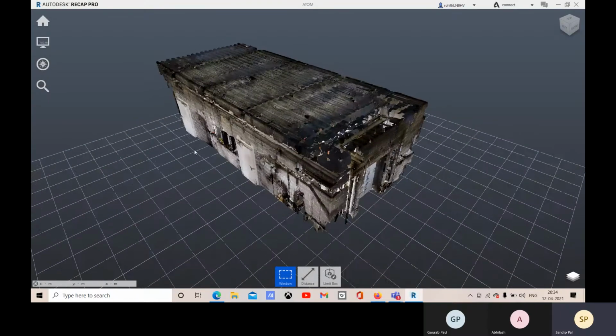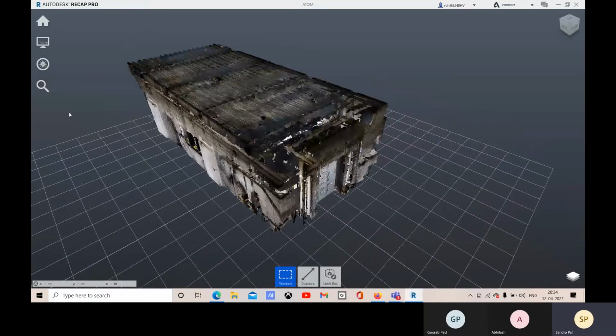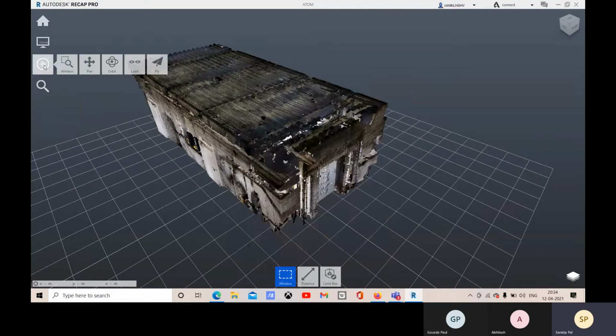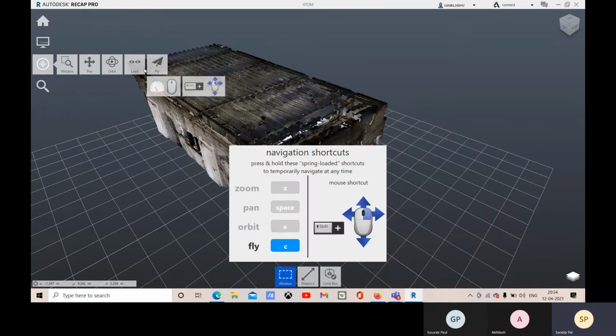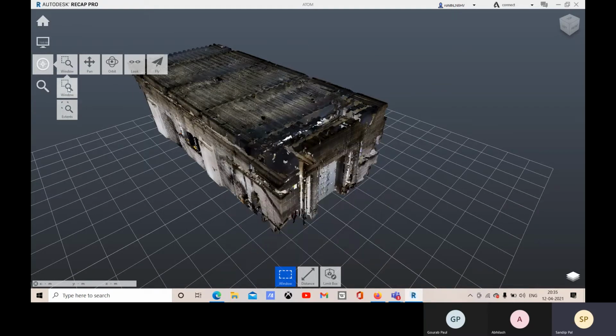Now how do you navigate your project, your scan project? Here you have this navigation option. These are your navigation shortcuts, you can see. And now let me just show you this option with these icons.